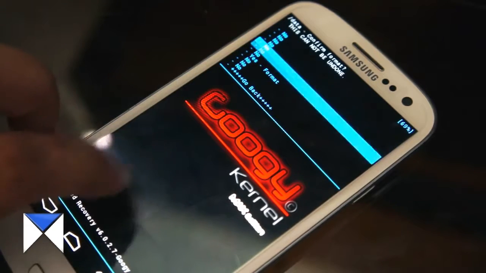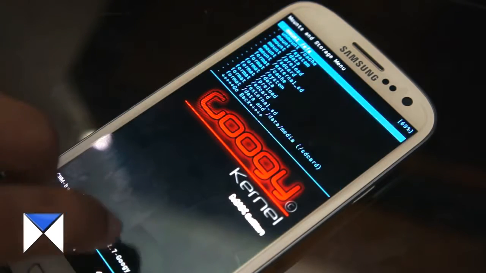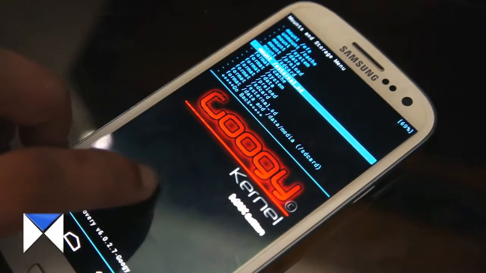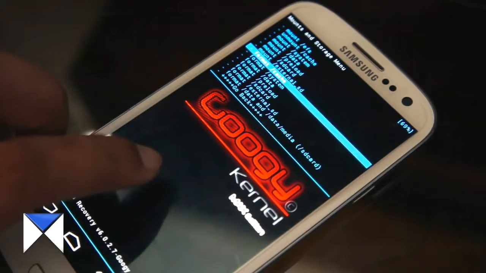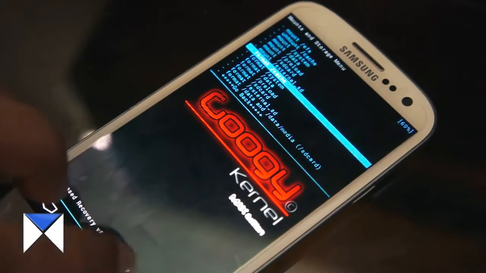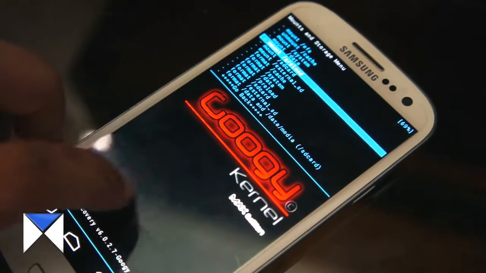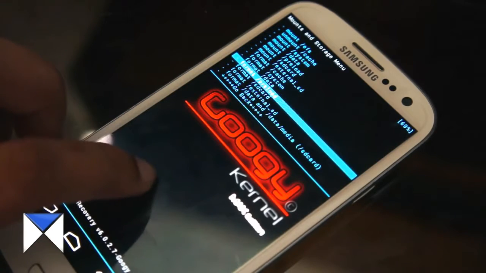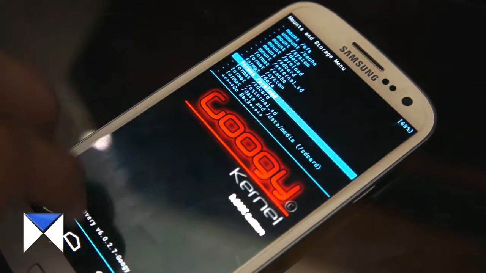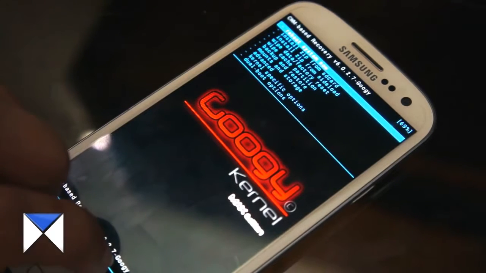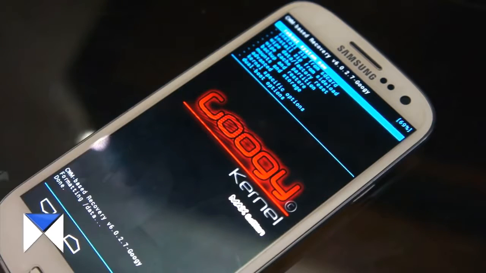All your DCIM and your camera pics will be there, including your recovery backup that you just created. So go onto data, format data and select yes, then you go onto format cache and select yes, then you go onto format preload and select yes, and after you format all those three, you want to